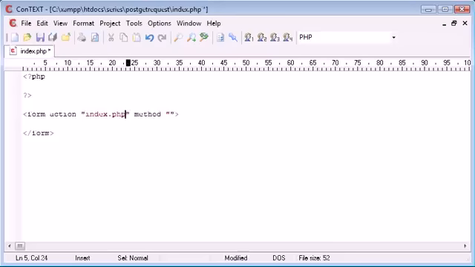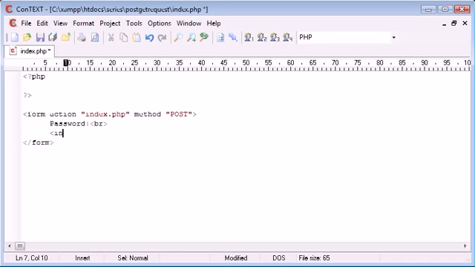In this case, I'm staying on exactly the same one, so we're submitting all the data inside this form to index.php. The method, though, instead of get, is going to be post. This automatically means that the data is going to be sent as post, not as get. So let's say password,